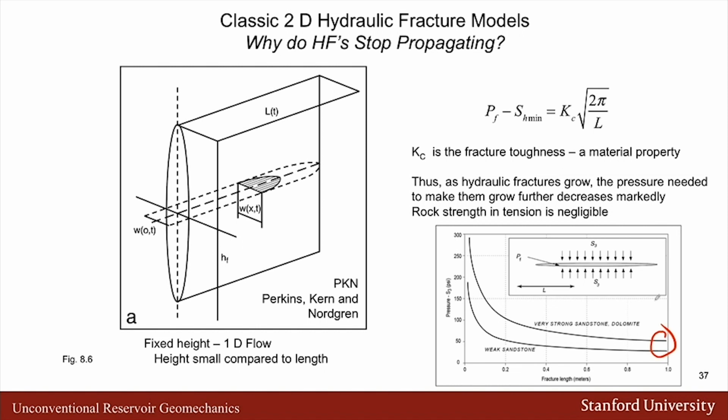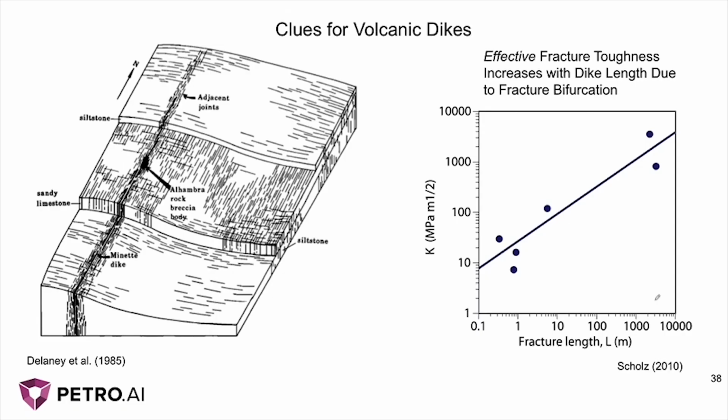And so whether they're two-dimensional models such as the one shown here or more complicated three-dimensional models, the assumption is that the fracture toughness, basically the strength of the material that has to be overcome for propagation of this hydraulic fracture, is somehow increasing with size, making it harder for the hydraulic fracture to propagate, and therefore the propagation comes to an end. I've been troubled by this quite a bit, but in fact, it may be reasonable if one looks at the